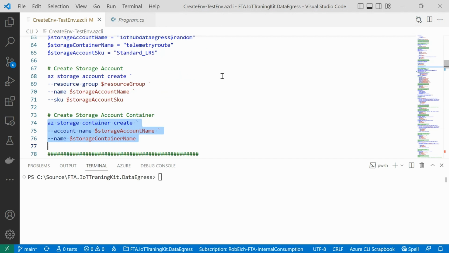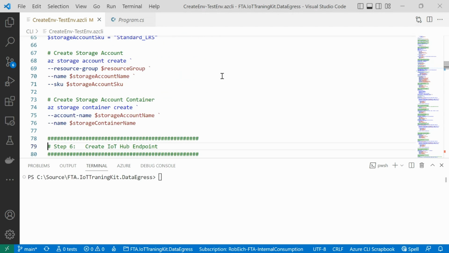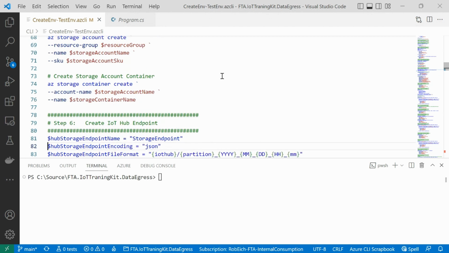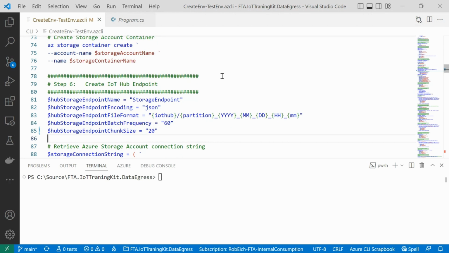Inside of the storage account, I create a container, and inside of this container, all the incoming messages should be stored. So that's pretty straightforward. The next thing we have to do is create the IoT Hub endpoint. And IoT Hub endpoint means, if you look back to the sketch, is really this endpoint where we can route information from IoT Hub to, and the endpoint forwards that information, in that specific case, to a storage account.